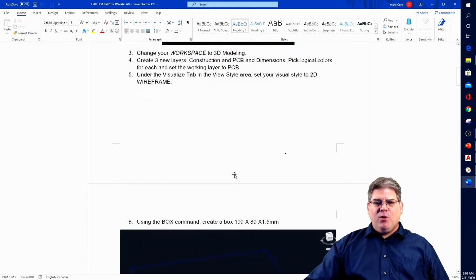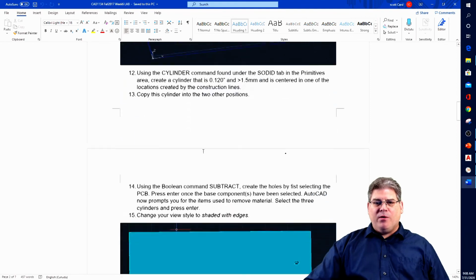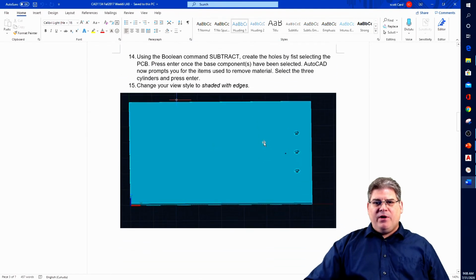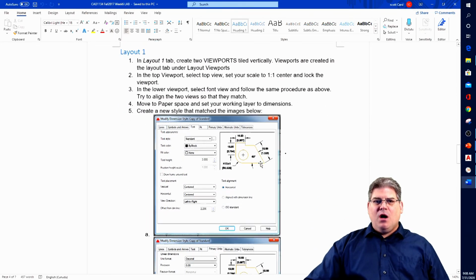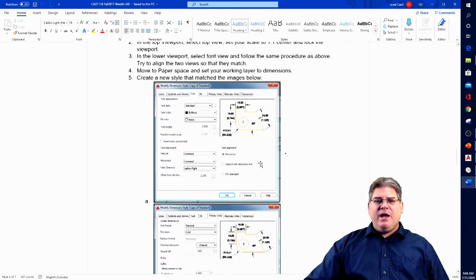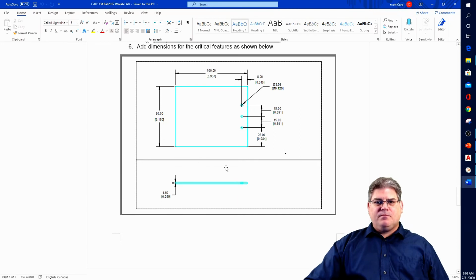I'm not too awfully worried about it being in metric, but I do want you to attempt it and follow through. What we're trying to do is we're going to create a little circuit board. Okay, not very complicated, just has 3 holes in it. But the idea is that I want you to create 2 different layouts in one drawing. The first layout is going to be using viewports,